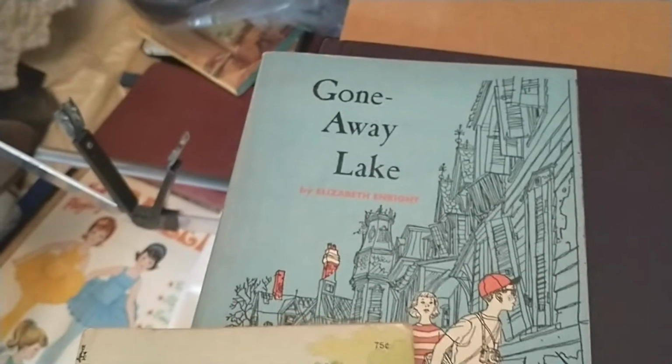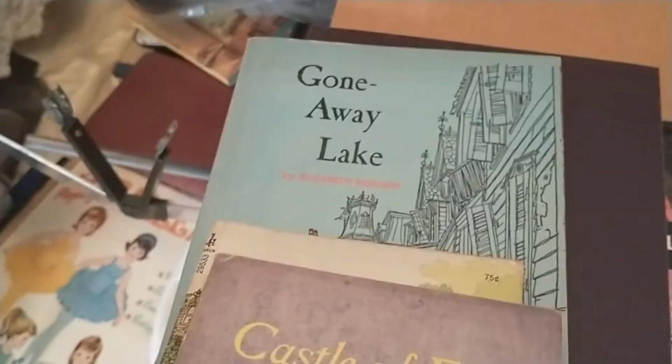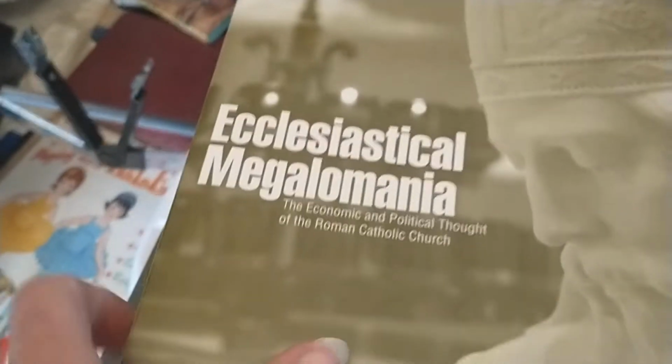These are just kitty books that I thought I would just... I think I am going to keep these. I'm not sure I care about Gone Away Lake. I'm not sure why I'm keeping that one. Let me put the Gone Away Lake in the... I don't think I care about Castle of Fear. Curious Clubhouse. I remember liking that. I think I'll keep that. That's something I might not be able to find. It's not like I need it, but...